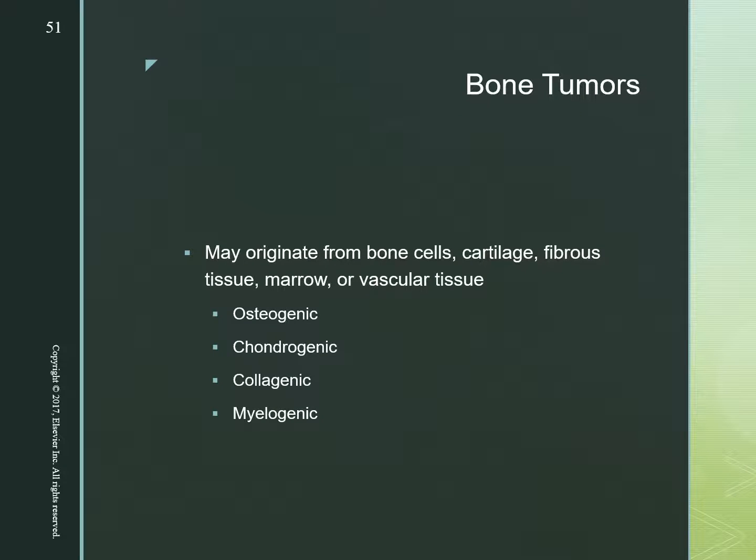So bone tumors can be malignant and occur as secondary tumors from other cancers, such as breast, lung, and prostate. Paget's disease increases risk for developing primary bone cancer. They may originate from bone cells, cartilage, fibrous tissues, marrow, and vascular tissue. Osteogenic bone-forming tumors are characterized by the formation of bone or osteoid tissue with a